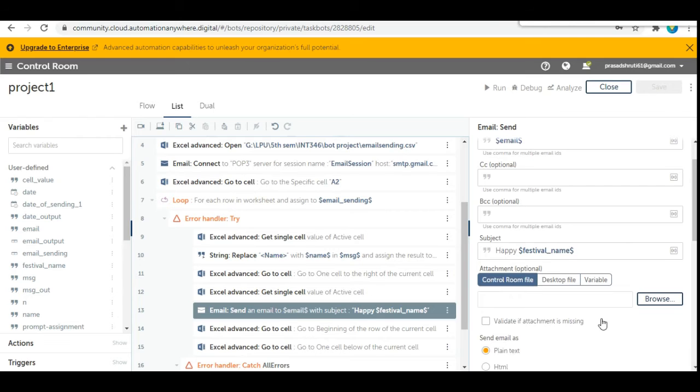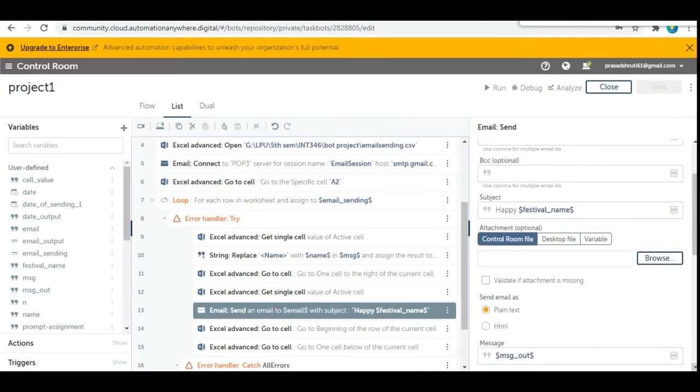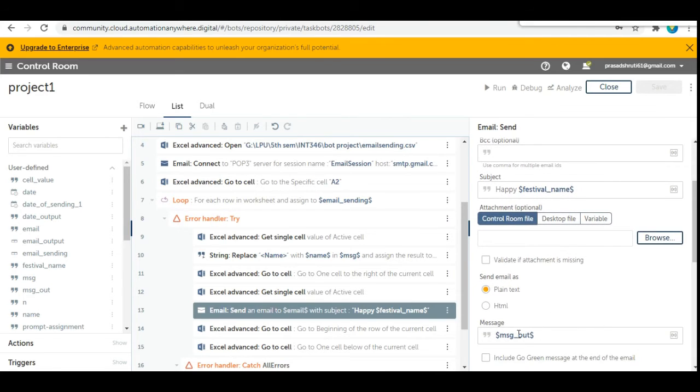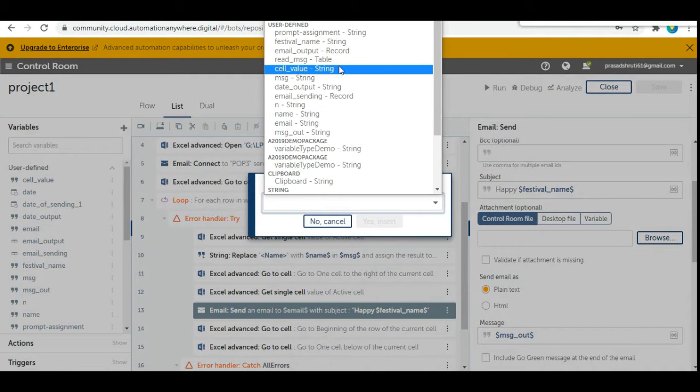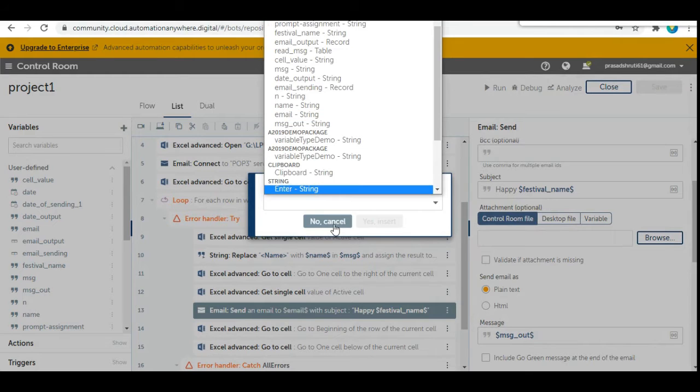I have not used any attachment. If you want to attach any attachment or PDF, then you simply upload it here. After that, plain text and then message. I have taken a message in the message output variable, so I simply take an insert value and then message output,